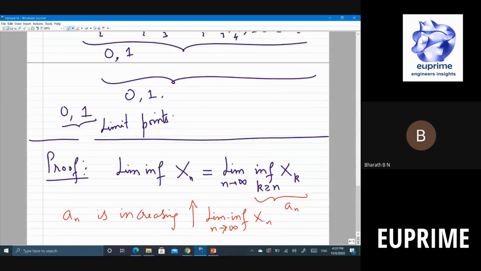Can you tell me why this is increasing? Sir, it is just by the definition only, the way we have defined. The infimum of a larger set is always smaller than that of the smaller set, right? What is the infimum of 1, 2, 3? 1. What is the infimum of, let's say, 2, 3? 2. What is the best case scenario? The infimum of 1, 2, 1, so you'll get back 1, but it's always increasing, right? So this is the limit. Do you agree? Yes, sir.